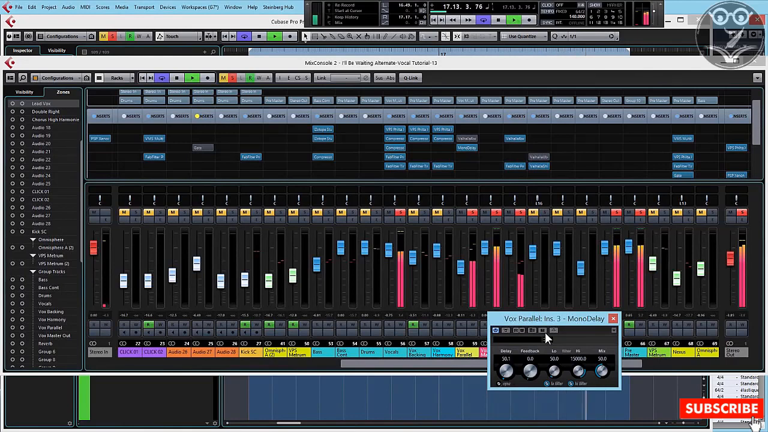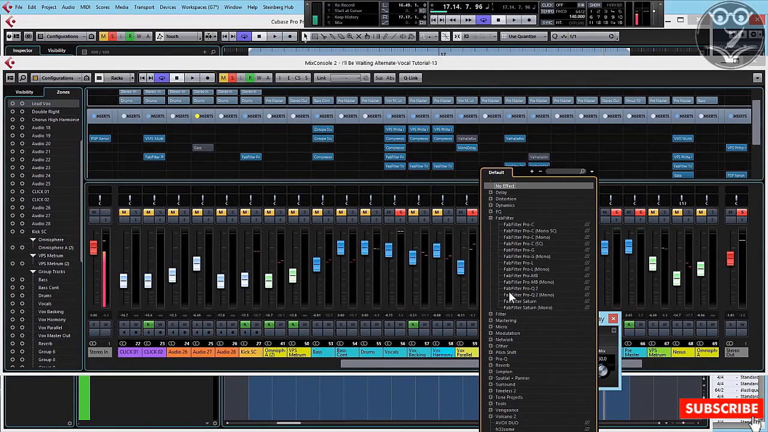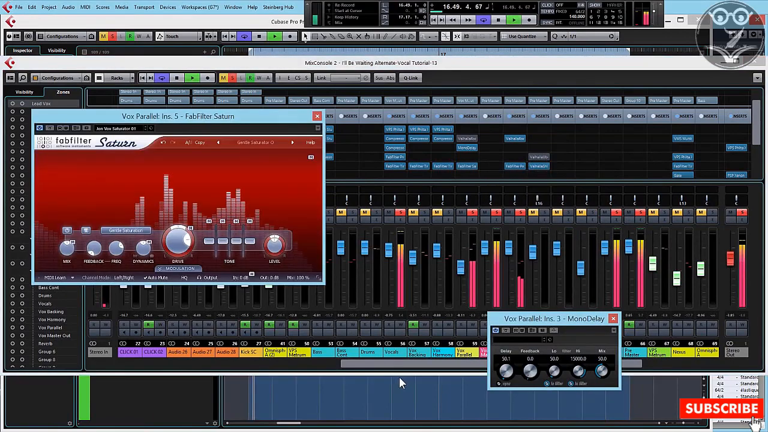So that kind of has the slight effect of making it sound like it's in a bit of a cavernous space. But if I add a saturator or distortion to that,